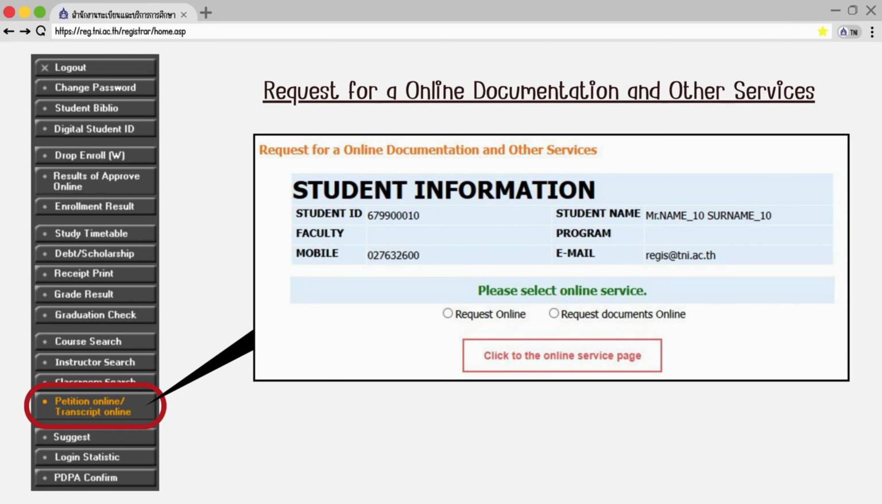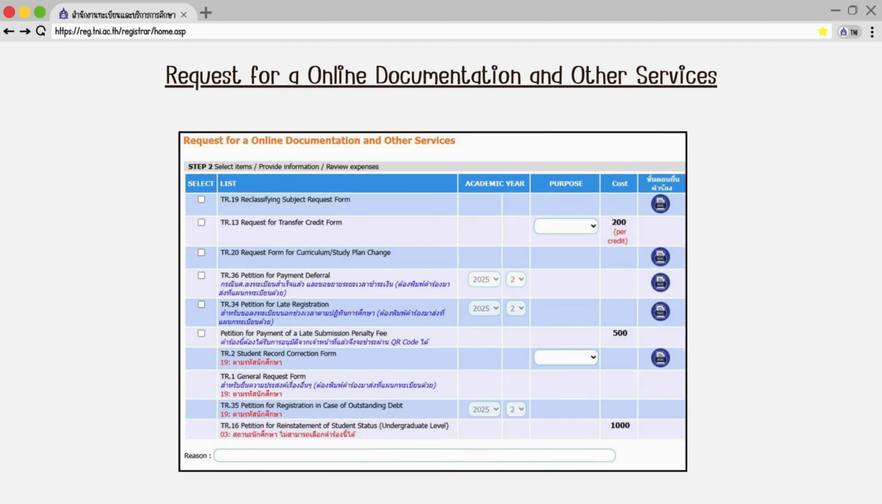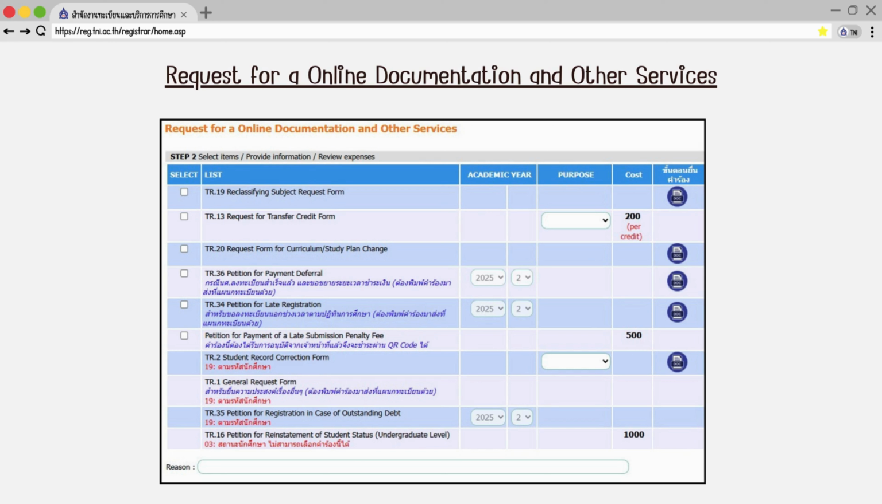Petition and online transcript. The Petition Online, Transcript Online menu allows students to submit petitions and request important academic documents online, making the process faster and more convenient. Available petitions include TR.2, Student Record Correction Form, TR.1, General Request Form, TR.20, Request Form for Curriculum or Study Plan Change,